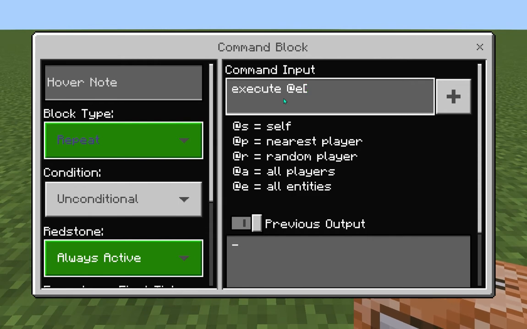So what you need to do is open a bracket, type=item, comma, name= blaze rod, close bracket. So what you're going to do here is pick an